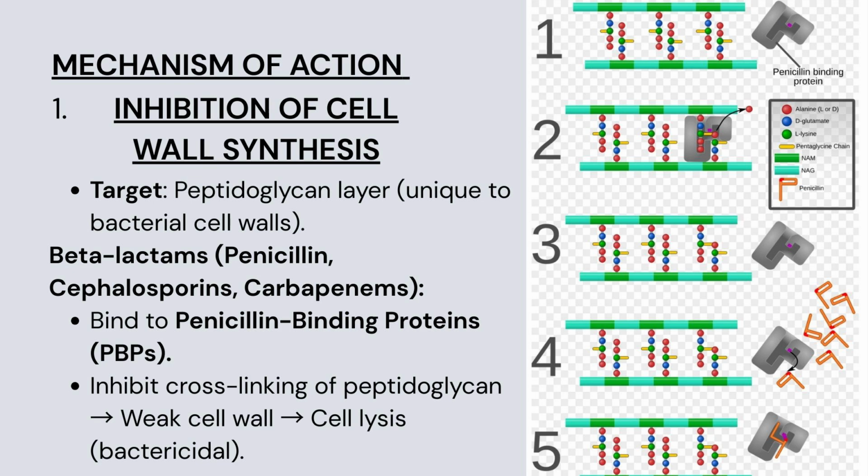Beta-lactam antibiotics such as penicillin, cephalosporins and carbapenems work by binding to enzymes known as penicillin-binding proteins. These penicillin-binding proteins are essential for cross-linking the peptidoglycan strands, which provides strength and rigidity to the bacterial cell wall. By inhibiting these enzymes, beta-lactams prevent the formation of a proper cell wall, leading to cell lysis due to osmotic